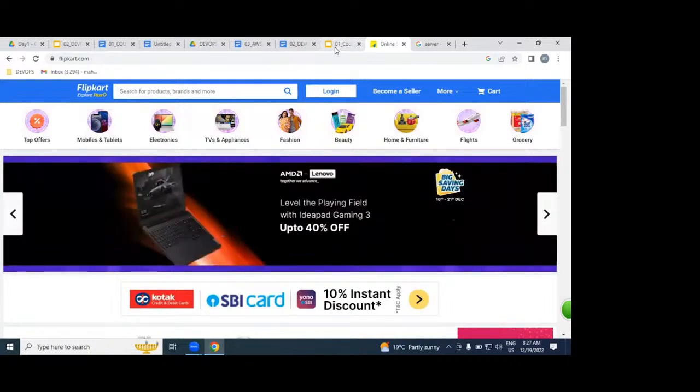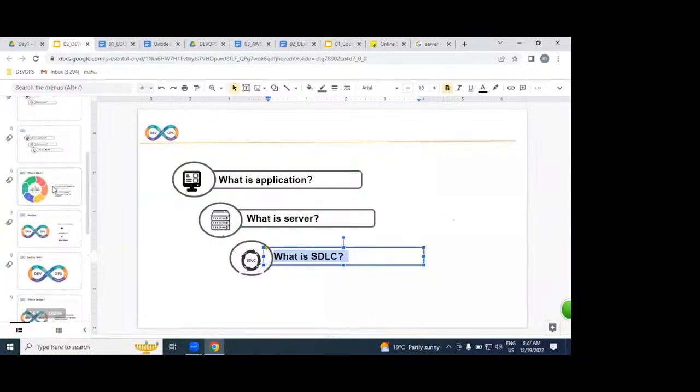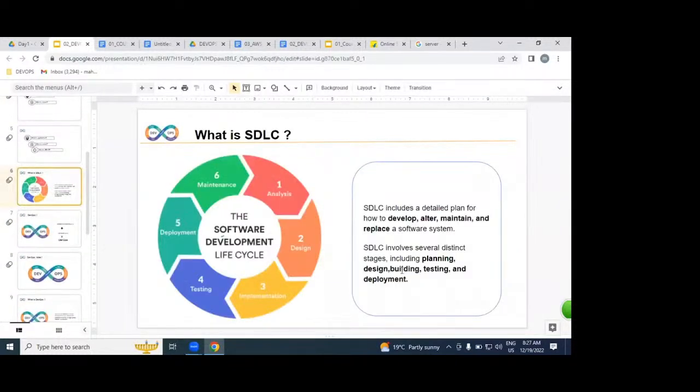But the next question is pending, guys. Please tell me, what is SDLC? How many people are aware of this? Online students, can you reply? How many of you know, and how many of you don't know? If you know, say yes sir, I know it.